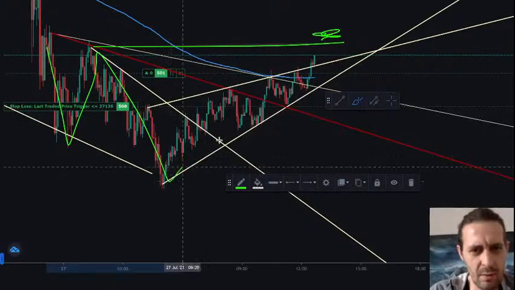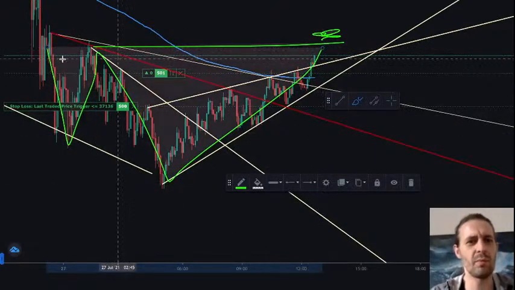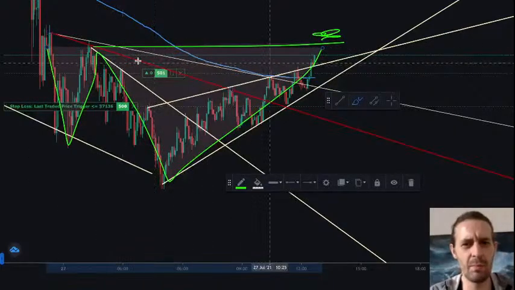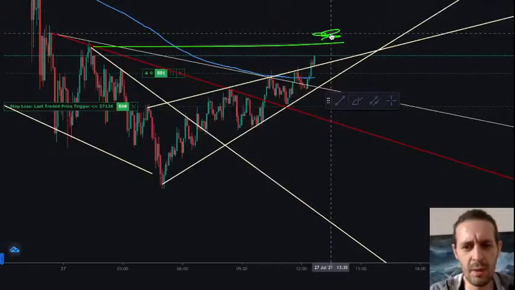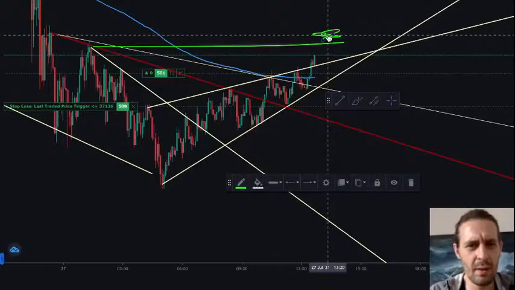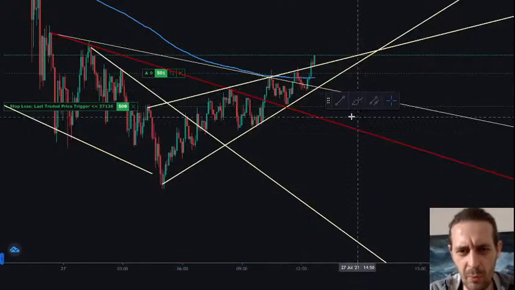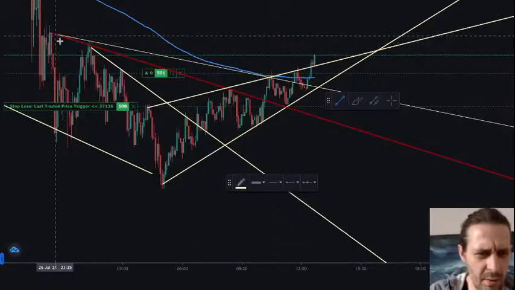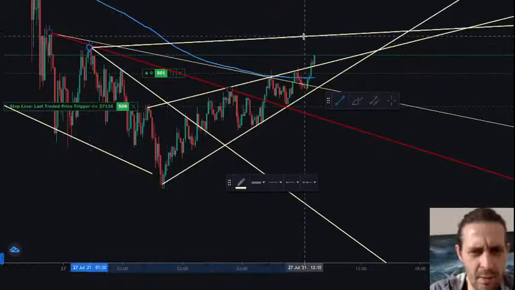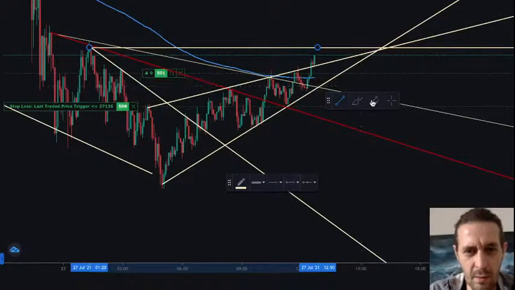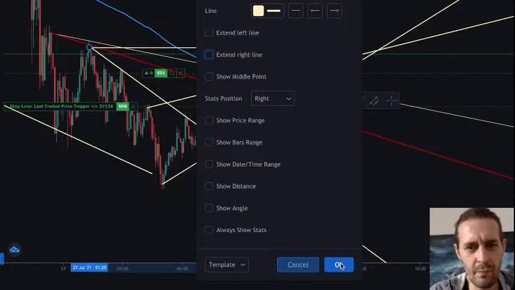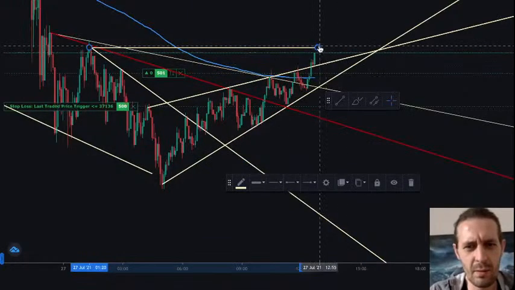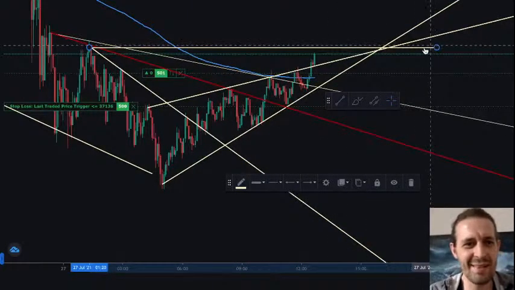Because it would also mean that we have kind of a little W-like structure. So it would be something like a little double bottom. And after we break the neck, okay, let me do it the proper way. Let me draw this neckline. Like this. Okay, so it's funny how all these